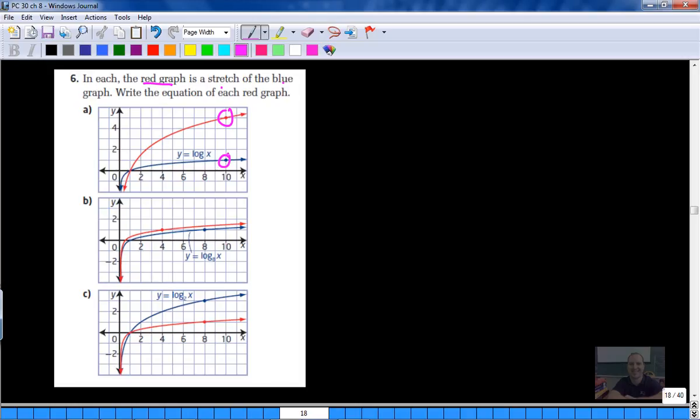And the other option then would be a vertical stretch, right? And so it looks like this is a vertical stretch, and we have 1 here, and this is what? 5? Okay, so what value or what parameter would cause this to happen? A vertical stretch of 5 would be what value? A value, yeah. So it looks like a value of 5. So it looks like it might be y equals 5